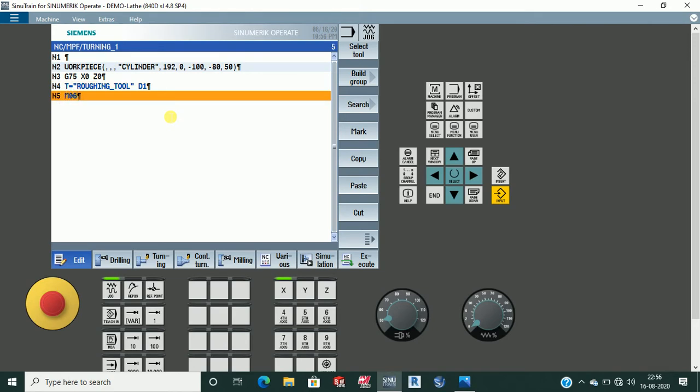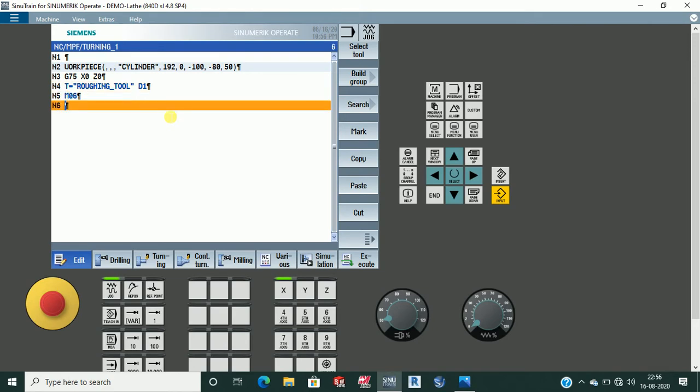M06, again enter. For the ATC, the same command as in Fanuc, the tool changing command. Automatic tool changer. Now in the next line we give the spindle speed. Where the workpiece is mounted, we'll rotate that workpiece, so we have to give the RPM.